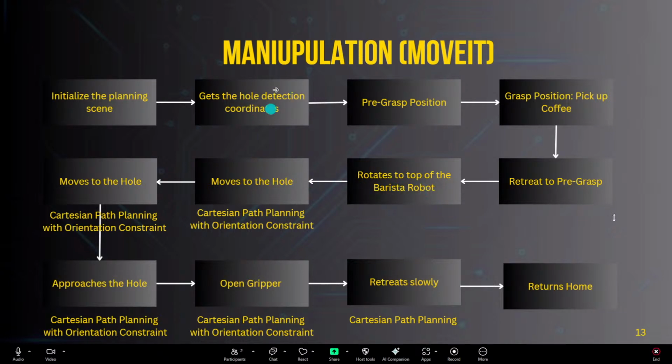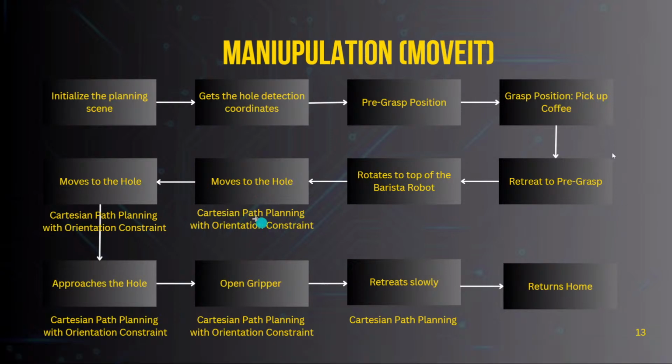And now, using the holes here, we move to the hole using Cartesian path planning with orientation constraint. For Cartesian path planning, we use small waypoints in between, every 0.01 step, to make it more accurate. And the orientation constraint we use to keep the cup steady and straight so that no coffee spills over in a real scenario. And then we move to the hole,